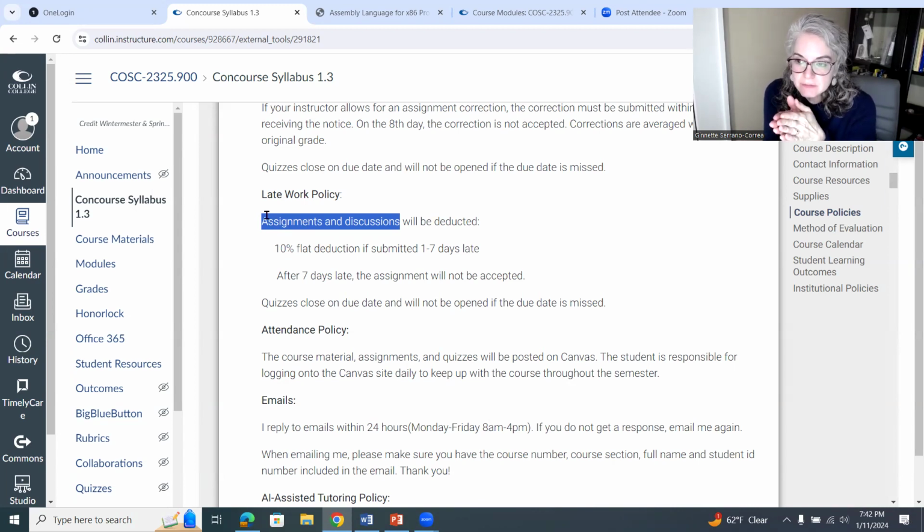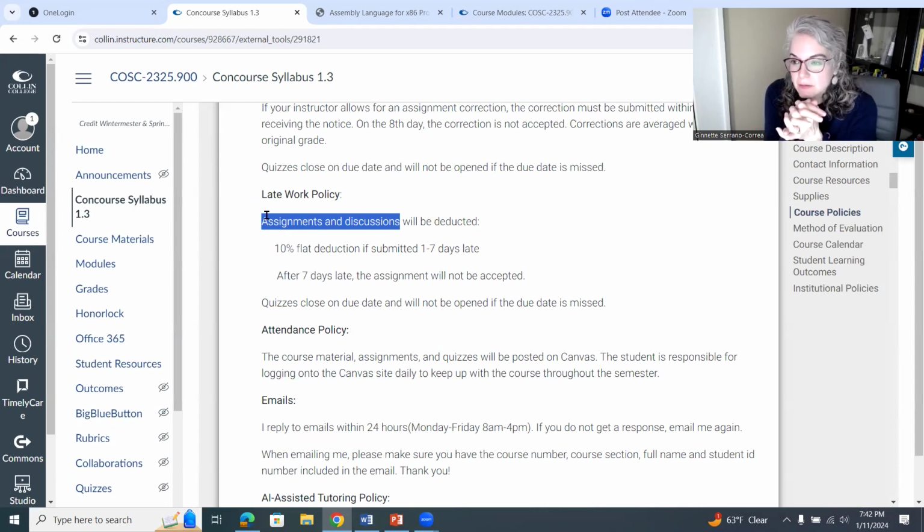After day 7, so if 7 days have passed, then that lab is not graded, it's not accepted. You still want to do the lab because otherwise you're not going to be learning the concepts. So you can still do the lab, but it is not going to get a grade.